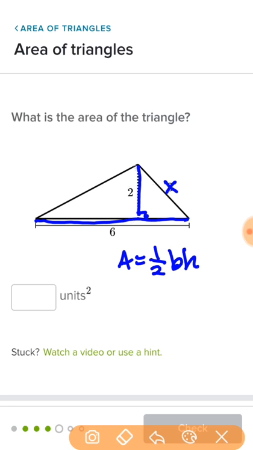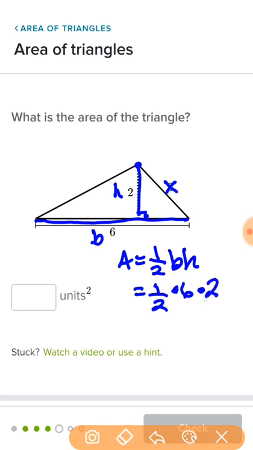And I know that the height comes from the vertex. So the height is 2 and the base is 6. But truthfully, it doesn't really matter. Once you know that those 2 will represent the sides, you could really just multiply them and divide by 2 and be done. So half of the base, which is 6,